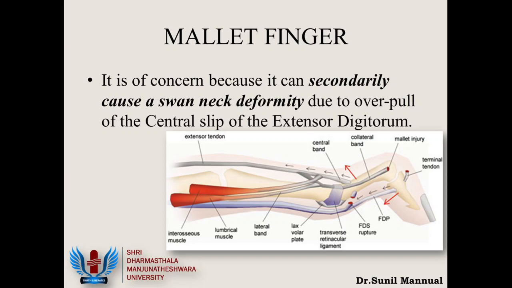As I've put in slide number 36, the concern with a mallet finger is that some patients can have a secondary swan neck deformity. And a swan neck deformity, you should understand, also involves the proximal interphalangeal joint, and this can cause some amount of limitation. And why does this swan neck deformity occur? Basically what we need to understand is that we have the extensors of the proximal interphalangeal joint and the distal interphalangeal joint. The extensor actually breaks up into three bands.